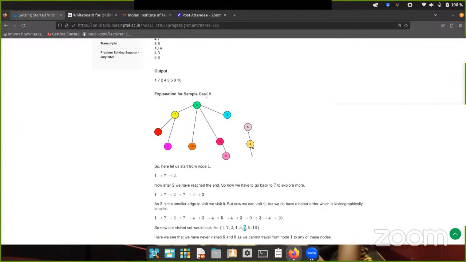It's not about the name of the number. As 5 can be visited before 9, we have to visit 5 first and then 9. It's value-wise, numerically. It's not alphabetical; we don't care about alphabets here.